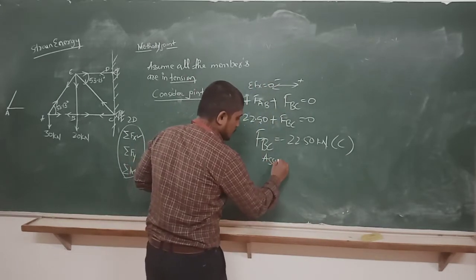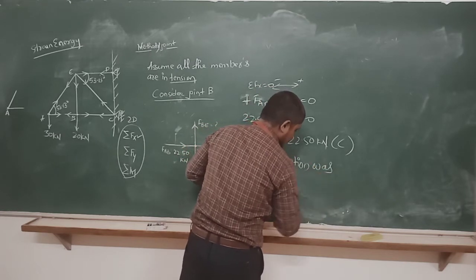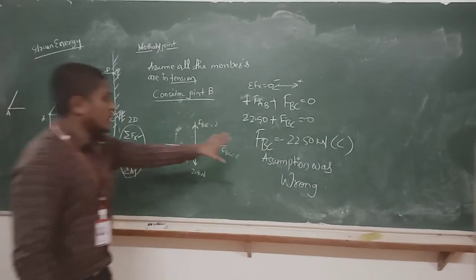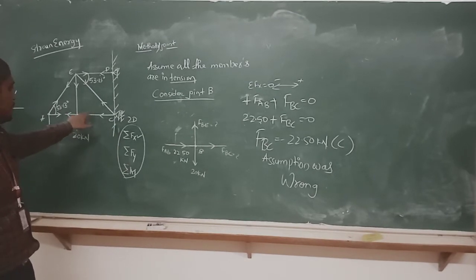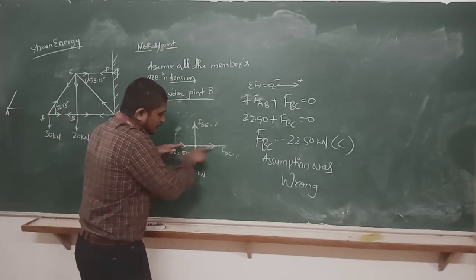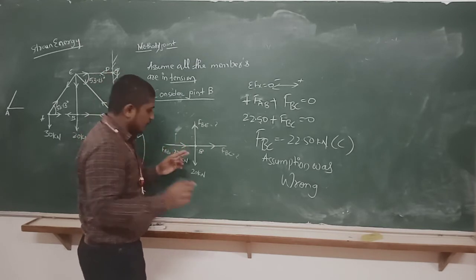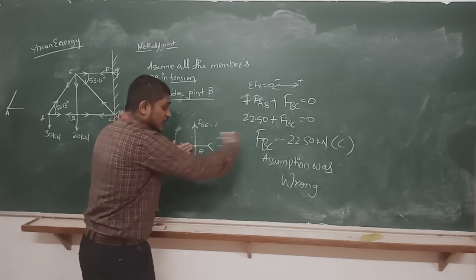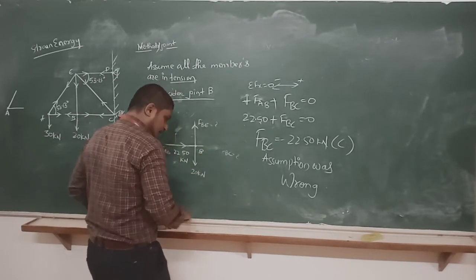Assumption was wrong. So the assumption made for BC was wrong. Initially we considered it as tension, but it is coming as compression. Simple. If you give it in the same direction, finally the body has to be kept in the equilibrium condition. If you apply the same force, if this is pushing here, the reaction force should be on the other side of it. So only you are getting the negative answer here.